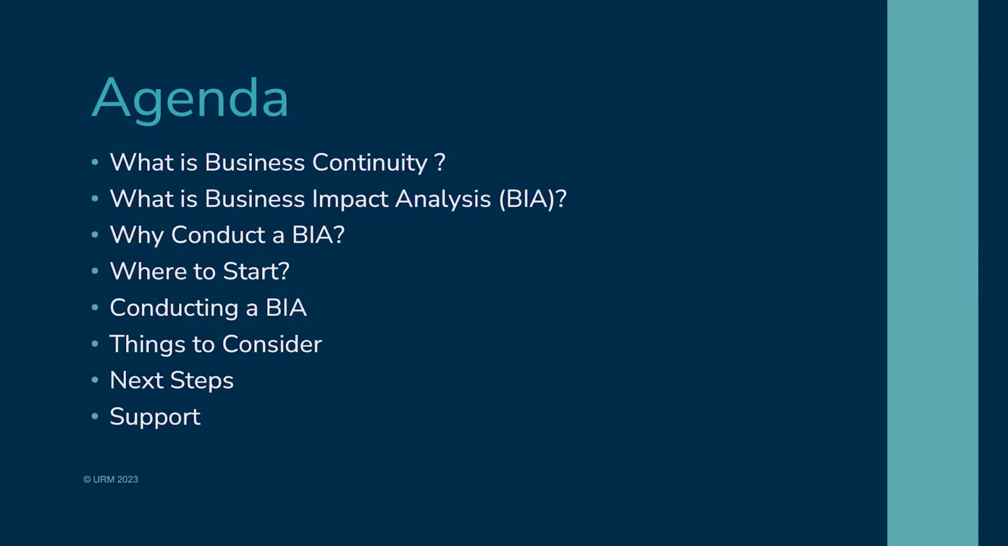Today's agenda: we're going to cover what is business continuity. I think it's really important that we're all on the same page. Then we're going to cover what is a business impact analysis. It's important to understand that. Why conduct, and rather than keep calling it a business impact analysis, I'm going to call it a BIA. Why conduct a BIA, where you start, actually how you do it, and that's the key part of today's webinar. Some key things to consider, next steps once you've done it, and then we'll run through how URM can support